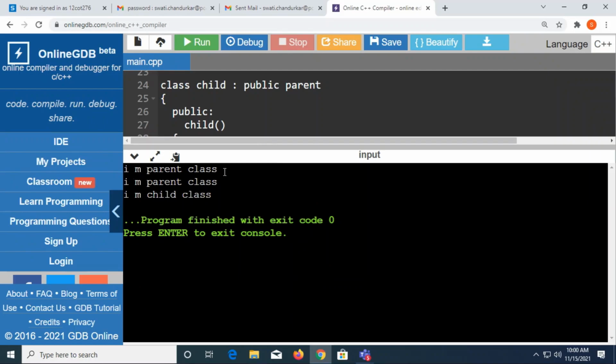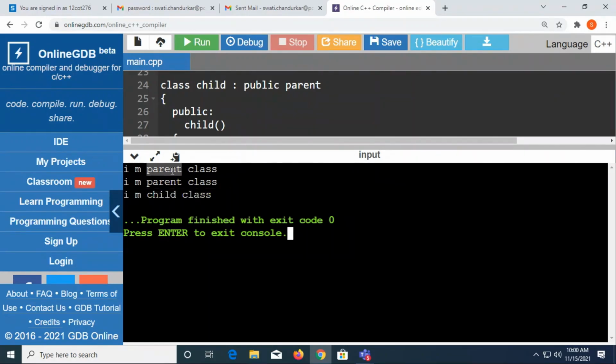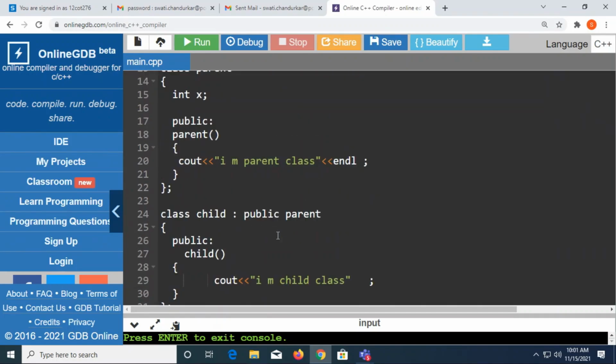I am a parent. Now this is for which object? Parent class object. This is for which object? Child class object. And this is for which object? Again a child class object. So for child class object, the control is passed once to the parent class constructor and then the child class constructor. And for parent class, the control will not move to the child class. वो parent class में ही control रहेगा. The reason is child class is inheriting the properties, not the parent class is inheriting the properties, right? So this is for a single kind of relationship.